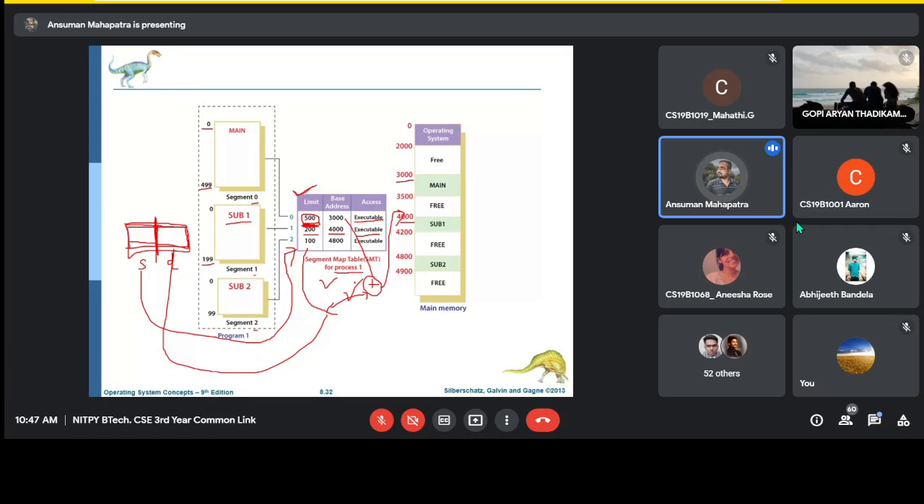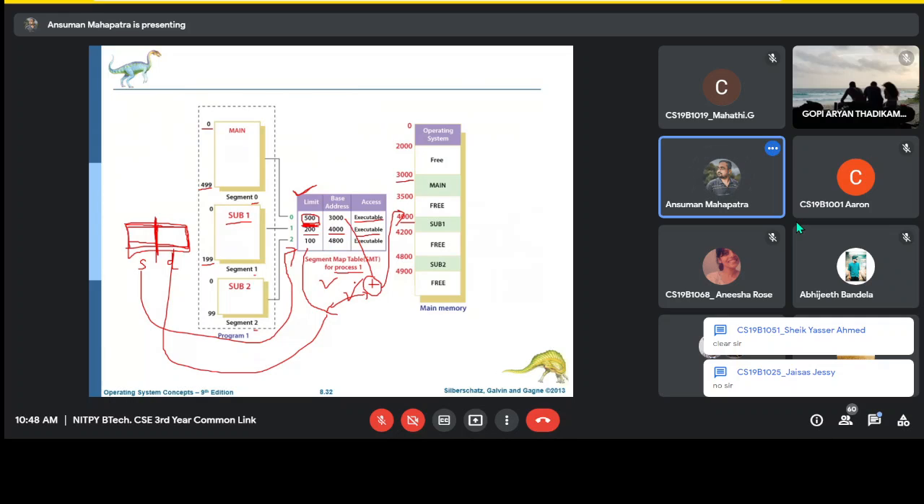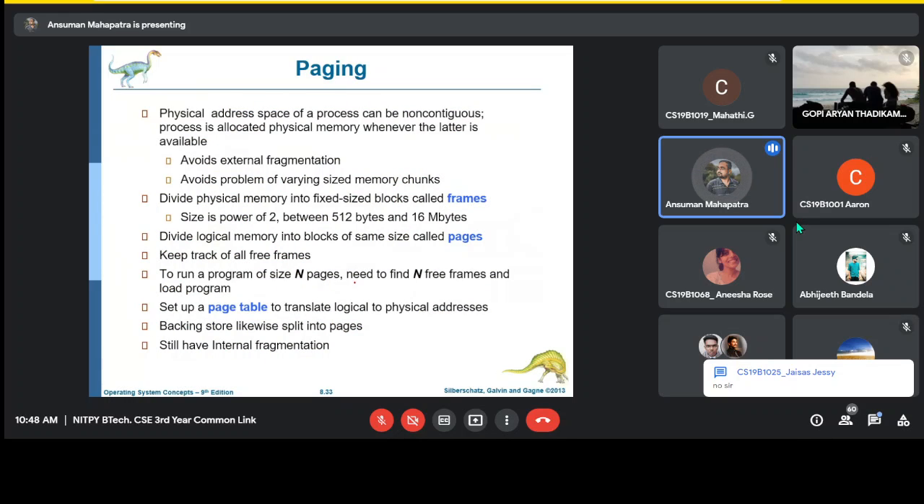Any doubt in segmentation? Okay, now there is another... what is that,